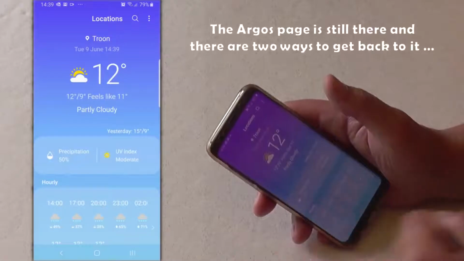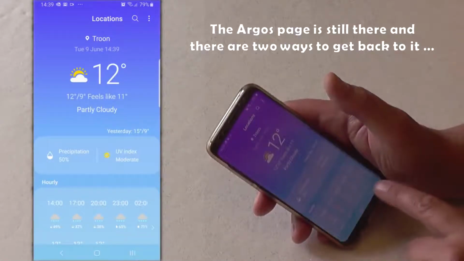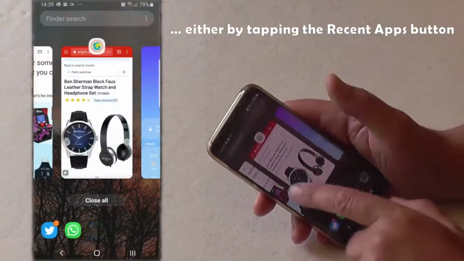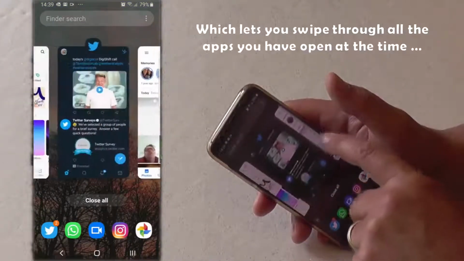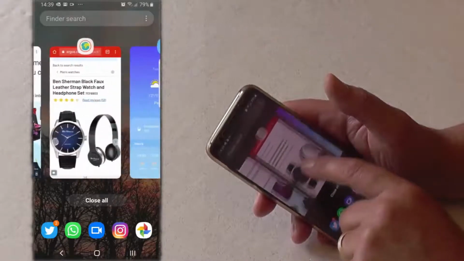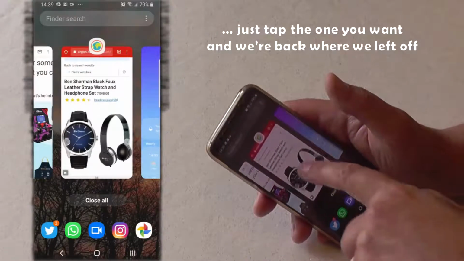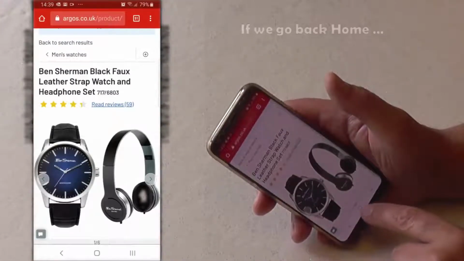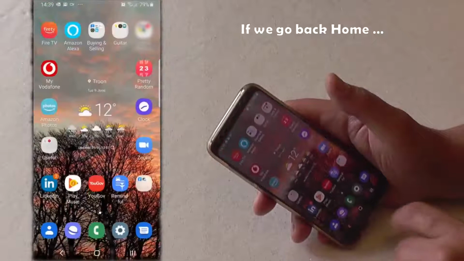But the Argos page is still there, and there's two ways of getting back to it. Either by tapping the recent apps button, which lets you swipe through all the apps you have open at any given time, and then just tap the one you want and you're back where you left off. So if we go back home again, the other way to get there is to go back to your home page